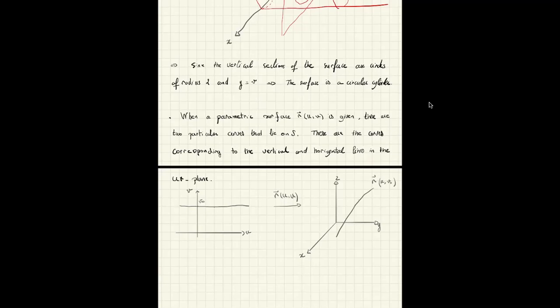And the same thing goes when you fix u. It'll give you another curve on the surface. This is another curve given by r(u0,v), but now v is variable,